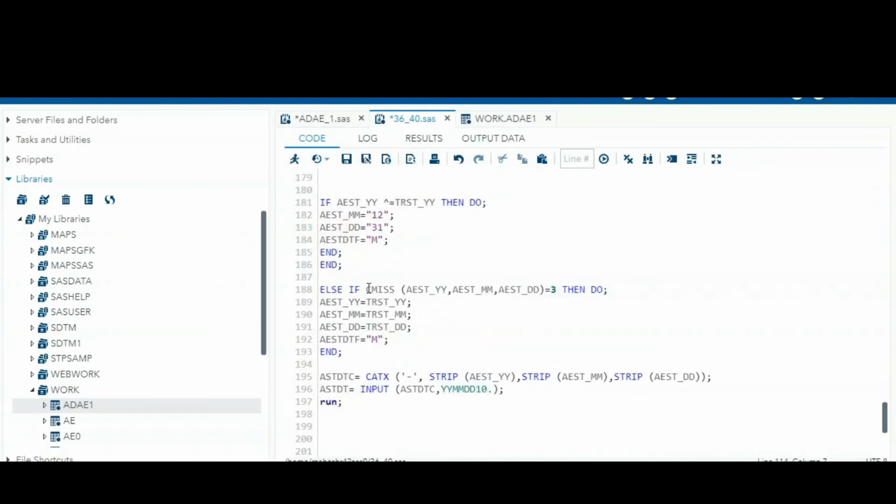Whenever we are replacing everything, like year part, month part and day part, at that time we have to give the flag as Y. Only the month part and day part we are replacing, it is M. Only the day part is replaced, the flag should be D. That rule you can see in the ADaM implementation guide.